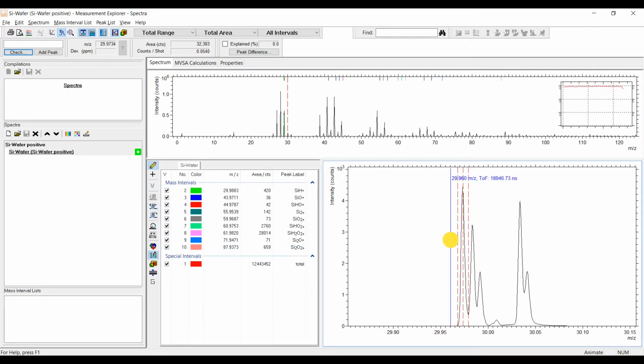In the spectrum detail view, press Ctrl and move the cursor across the peaks. In the vicinity of a known peak, the cursor label shows the assignment and the deviation from that peak as long as Ctrl is pressed.